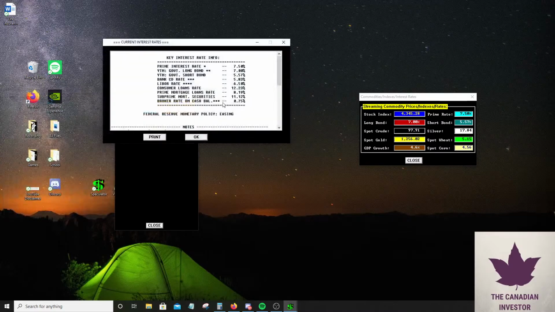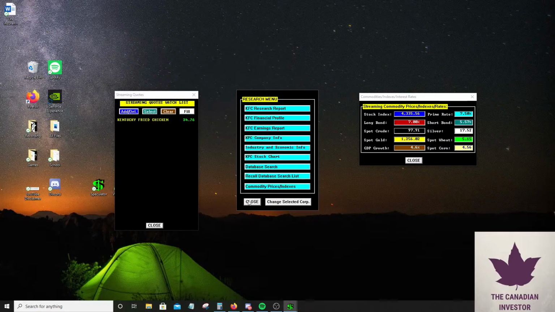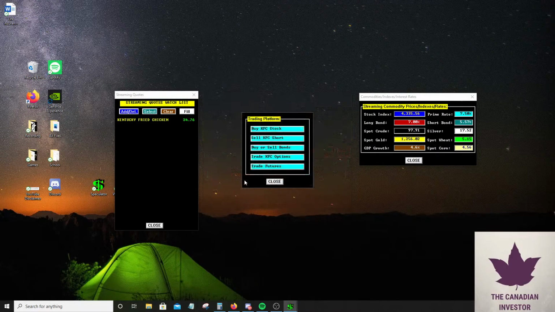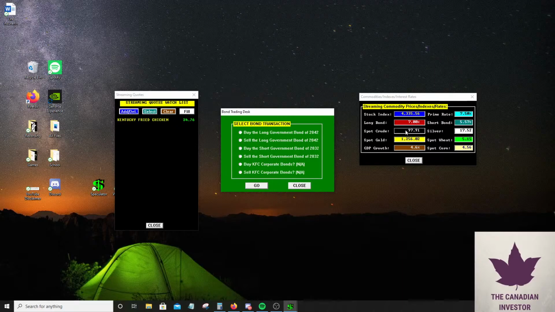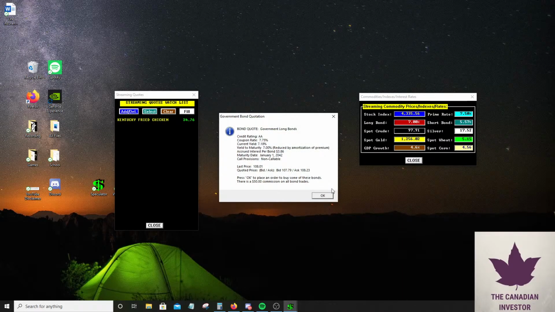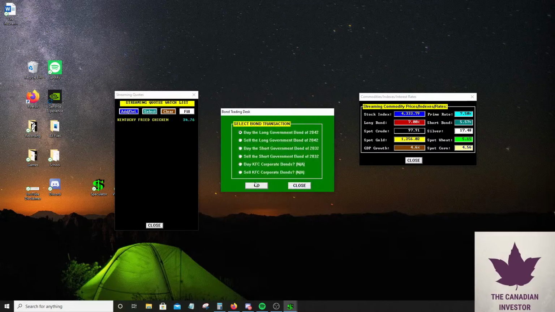So in this game, with interest rates going down, I'm very, very certain that buying a mix of corporate and government bonds, basically a long bond, would be a good idea. So we're going to lock in our money. We're going to lock in a full 100,000 at 7%. Oh, this might be pretty interesting.